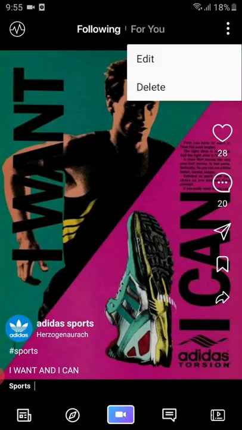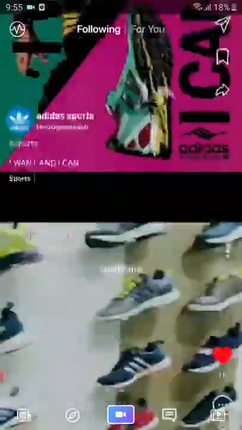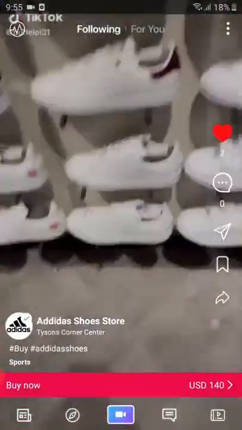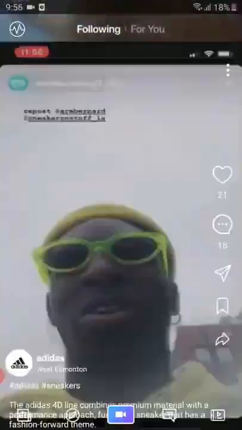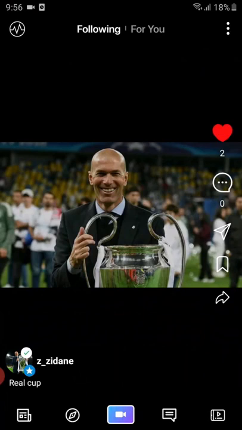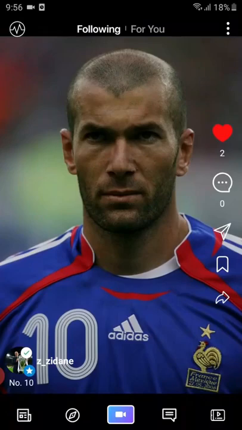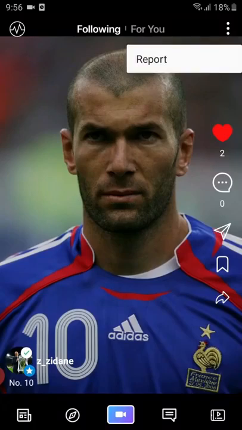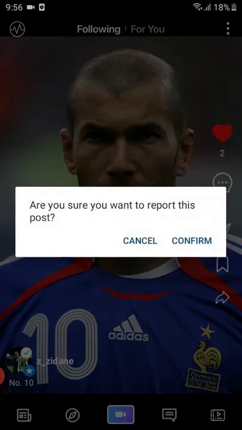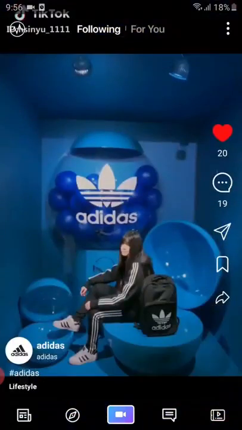If I don't like a post, I can report it. If I don't like this post, I can always report it. But since it's my own post, I'm not getting that option. So let me show you a certified profile post. If I scroll down, I will find stars on the app. If you have any influencers, we give them a little extra star next to their names. For example, we have Zidane here. We see that little star next to Zidane's name. That means this is a star profile and a post made by a star. I can report that if I don't like the post, right here, and it will give me a confirmation.